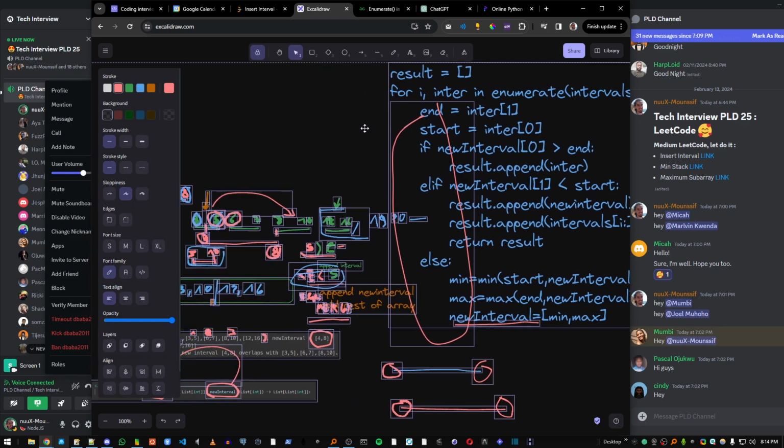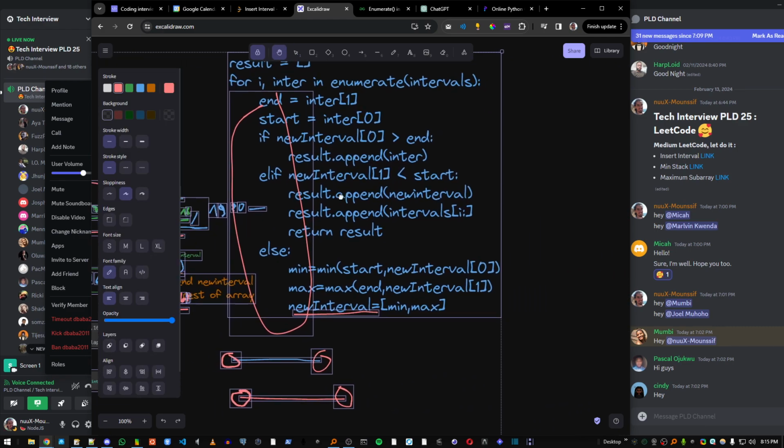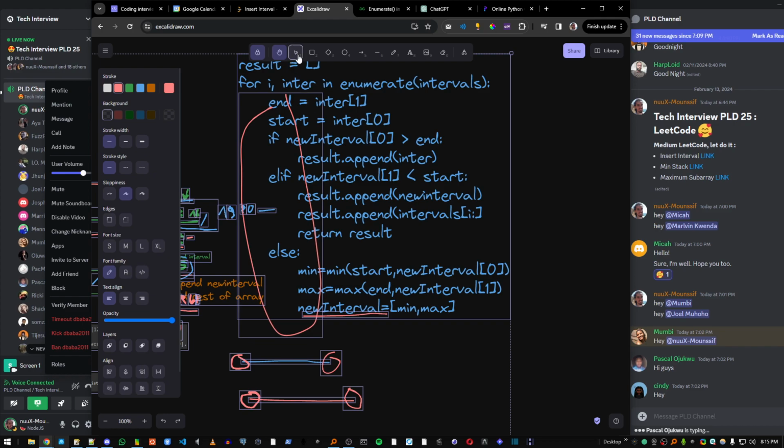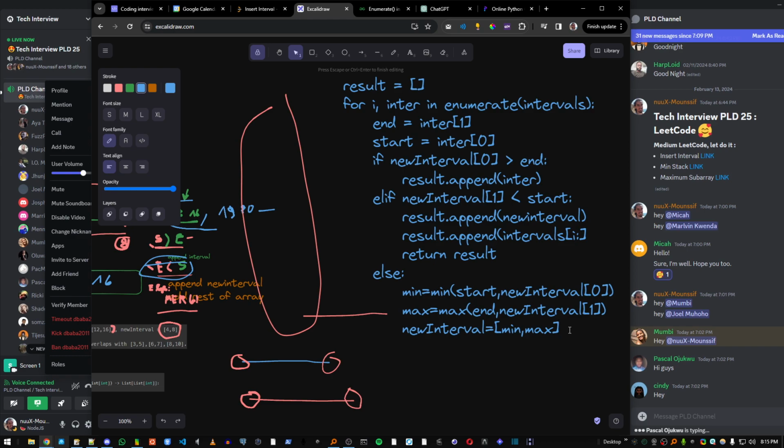Because as we did in the example, when we had the new interval, we didn't push it directly to the array, because we don't know if the future intervals are going to be merged with it or if they are overlapping. Okay, so what are we going to do here? We're going to keep looping, and when we finish looping,